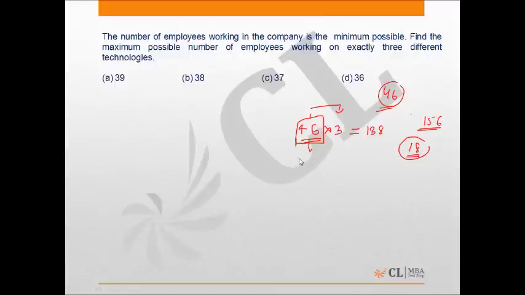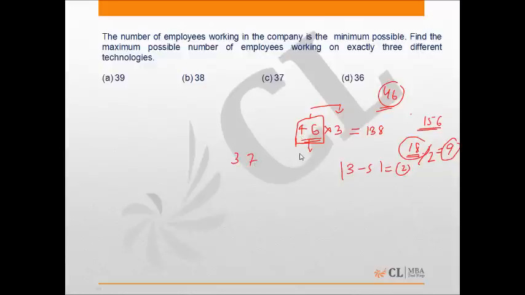The difference between 3 and 5 is 2. So to manage these 18 chocolates we need at least 9 students. So if we take out 9 students from here,